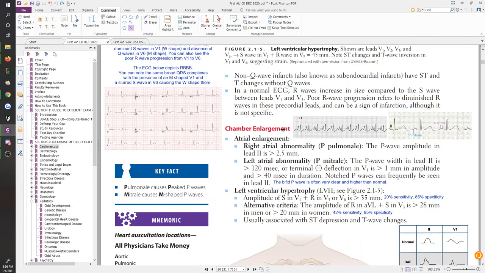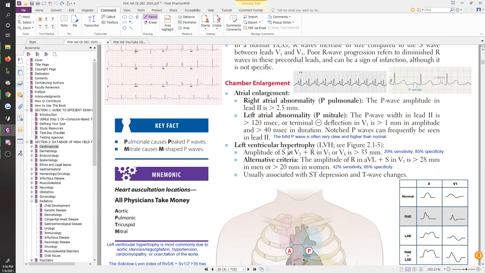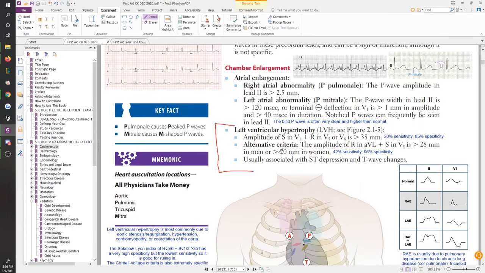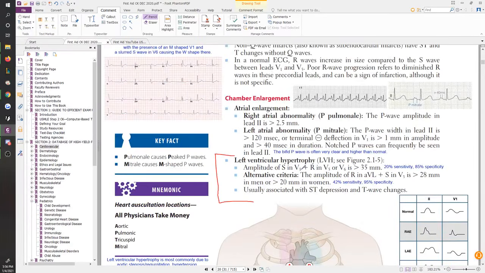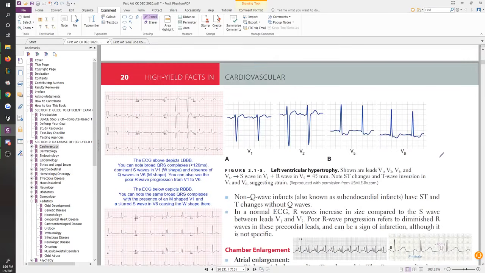So left ventricular hypertrophy, not so easy to catch, and thankfully not really something clinically used either, because if you look at what they teach you for left ventricular hypertrophy here, look at it. There's a couple things. You could either look at the S wave in V1 and add that to the R wave in V5 or V6, and it should be more than 35, which is what they're showing you here. That numerology is stupid. Just think of it like this. If V1 and V6, the first and last guy, are both really, really tall, your left ventricle must be really big. Right? That's left ventricular hypertrophy. That's all that really means.